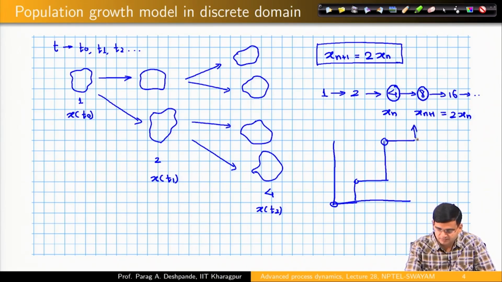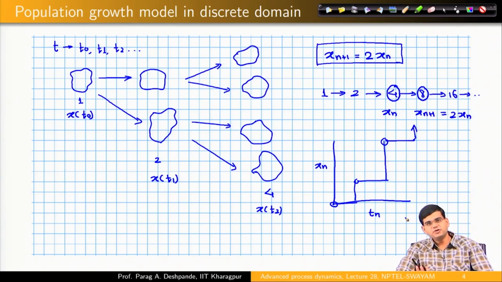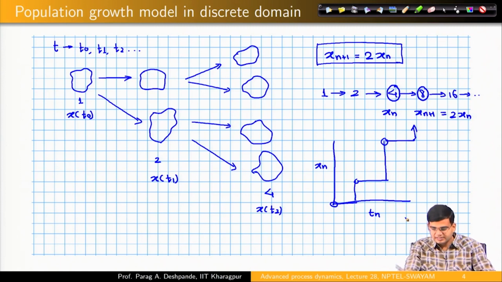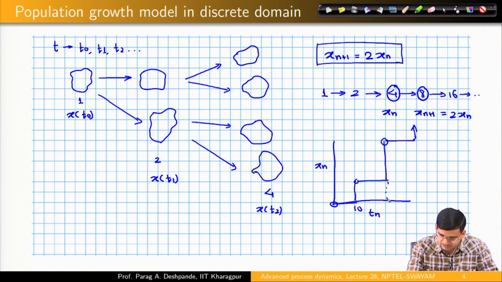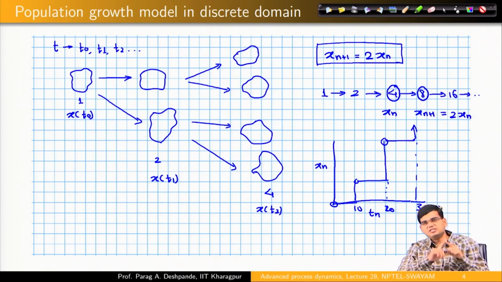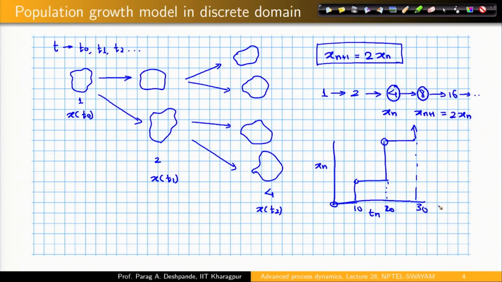And so on, right. So, this was x n, this was t, let us say n. So, when you drew this plot, you started with one bacterium and you did not observe any division till 10 seconds. In our previous example, this was 10, right. So, between 0 and 10 there was no division, but that was because